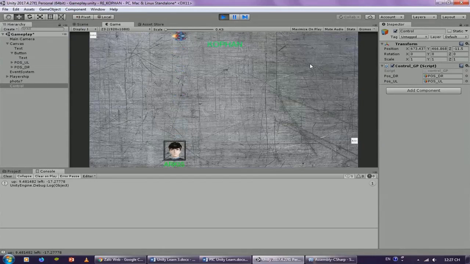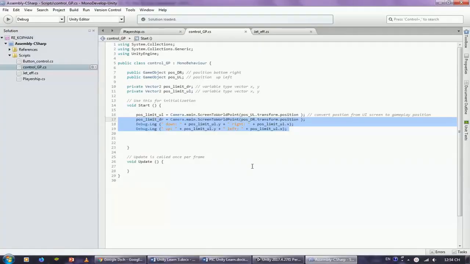Now the spacecraft cannot go up. Going up, there will be an external force to keep it. I apply the external force just enough, not too strong to cause a reaction, so the spaceship is not jerky. So we continue to write the script to get the coordinates of the down right point.